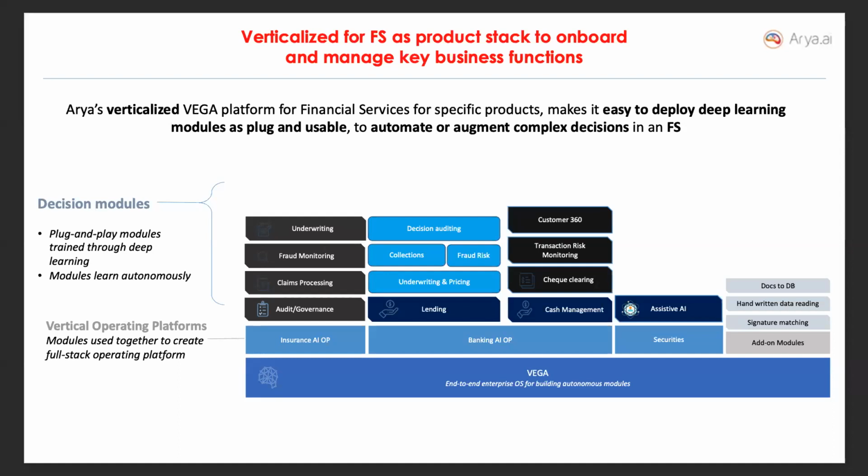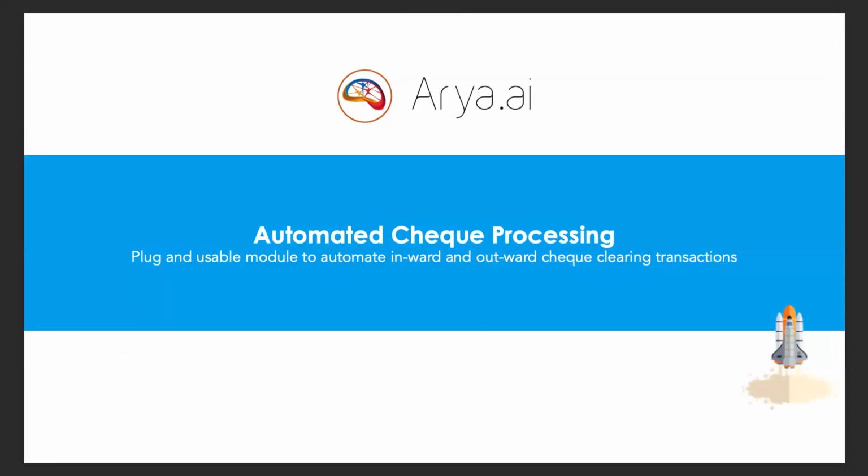Like in insurance companies, we automate the underwriting for term insurance or life underwriting processes, and also other processes like health claims processing, which we have done for most of the insurance companies in India. Again, banking, the same thing. So overall, we develop tools, and then we combine those and make them a product. Whatever the tools might be, kind of an API, something like signature matching is one particular module, and all these modules together we make into a product. So we'll definitely get into more details of the particular product of automated check processing.